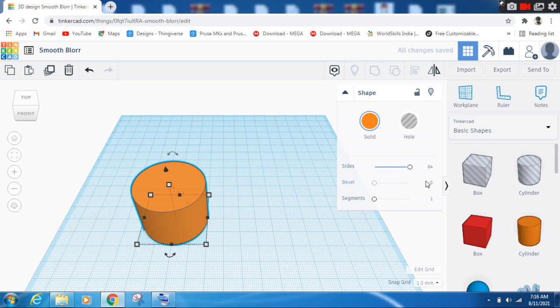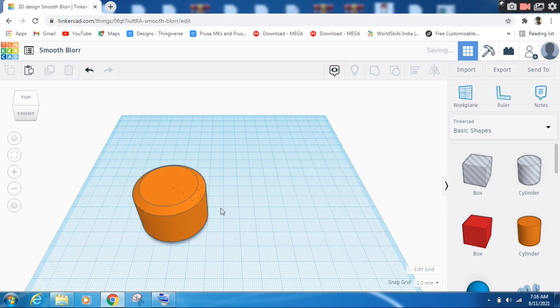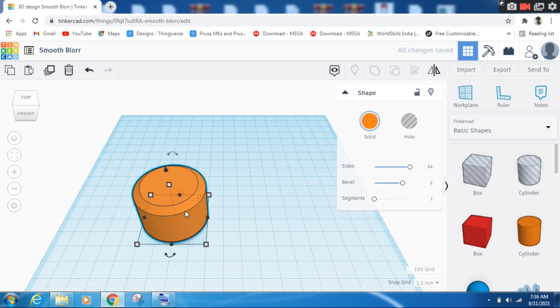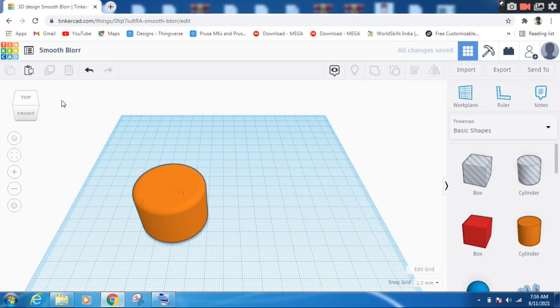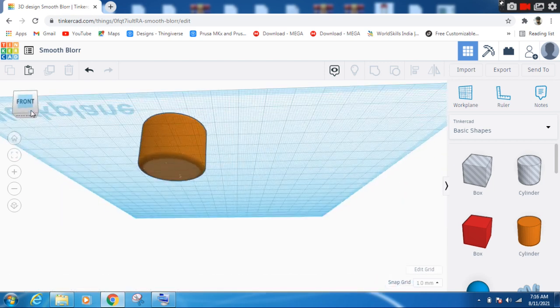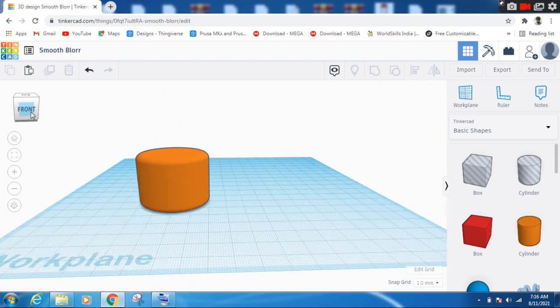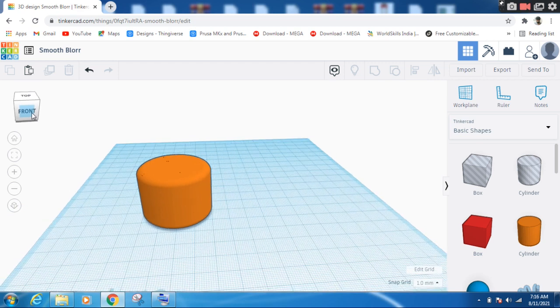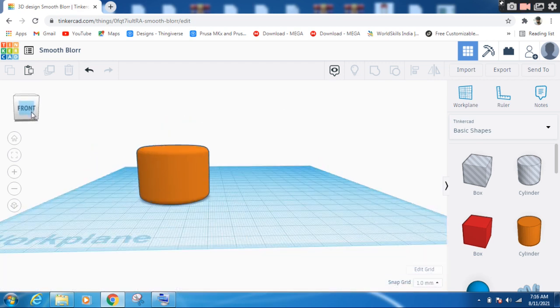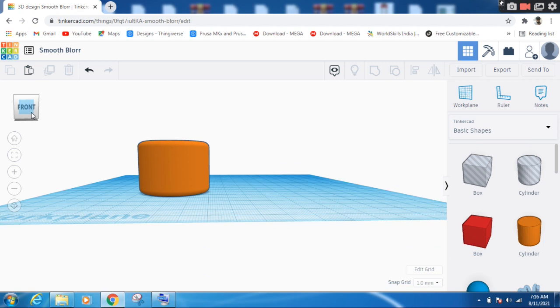And bevel, I'm going to take bevel like a 2, so the edge will be a little sliced. Now I will click again here, and for segments, I will set segment 10. So now you see that it's looking smoother, and I'm going to design the racing car wheels. So it is perfect for that size.